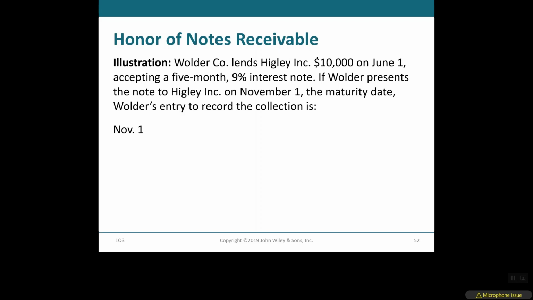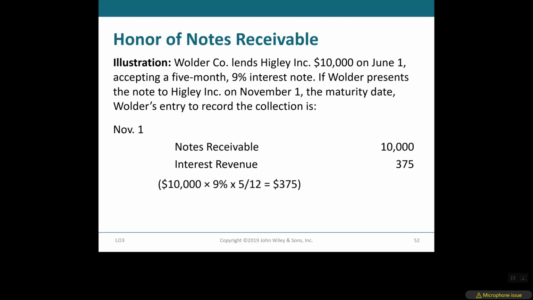So Walden Company lends Higley Inc. 10,000 on June 1, accepting a 5 months 9% interest note. If Walden presents the note to Higley Inc. on November 1, the maturity date, Walden's entry to record the collection is: so how do we record this collection? Right, interest revenue 375. Notes receivable is going to be 10,000, right? And then we have our cash